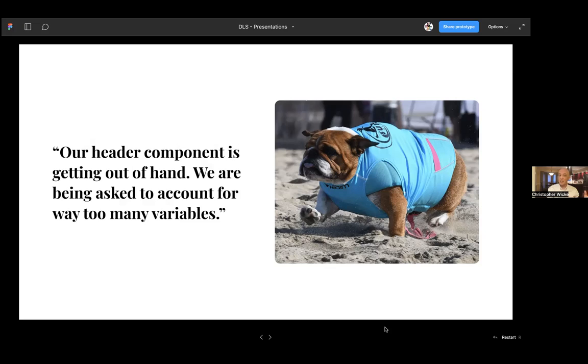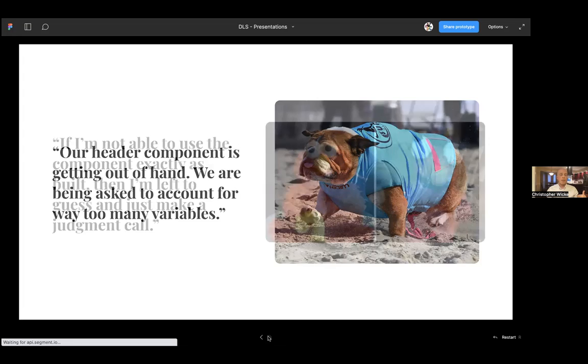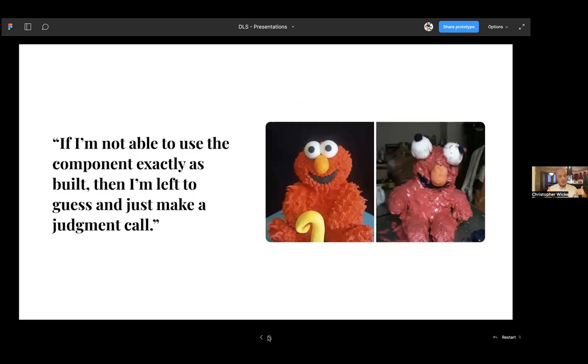In addition to the difficulty that that added for designers, there was complexity for developers too, where they had to pull in these massive components that bloated the code on the page, even if they only needed a piece or two. In addition to that, there's just the aspect of the next quote here, where as soon as you're not able to use that component exactly as built, you are left to guess and make a judgment call.